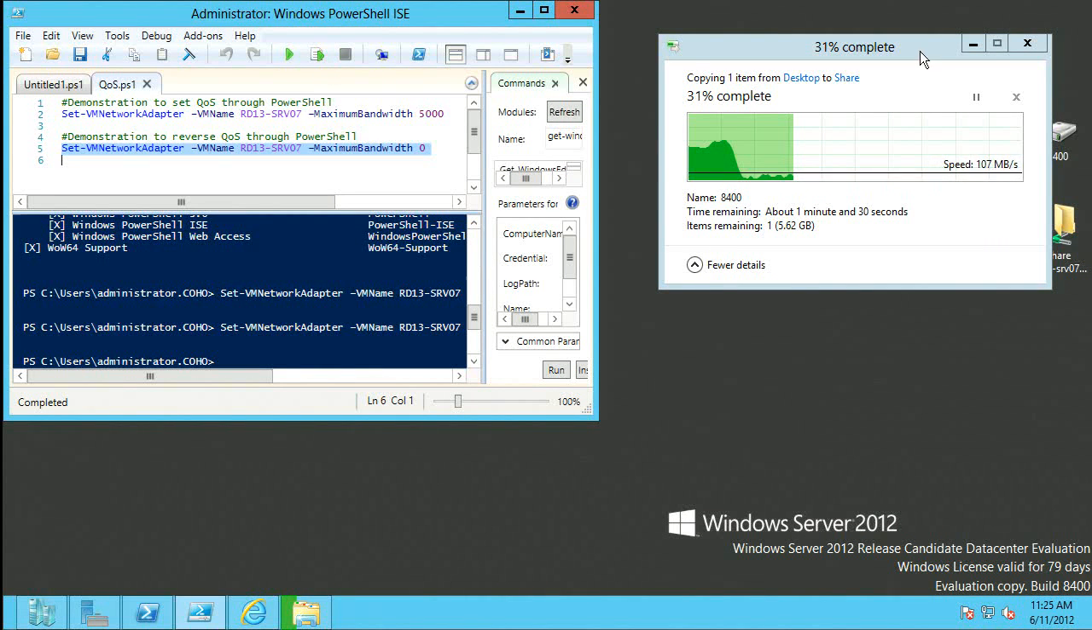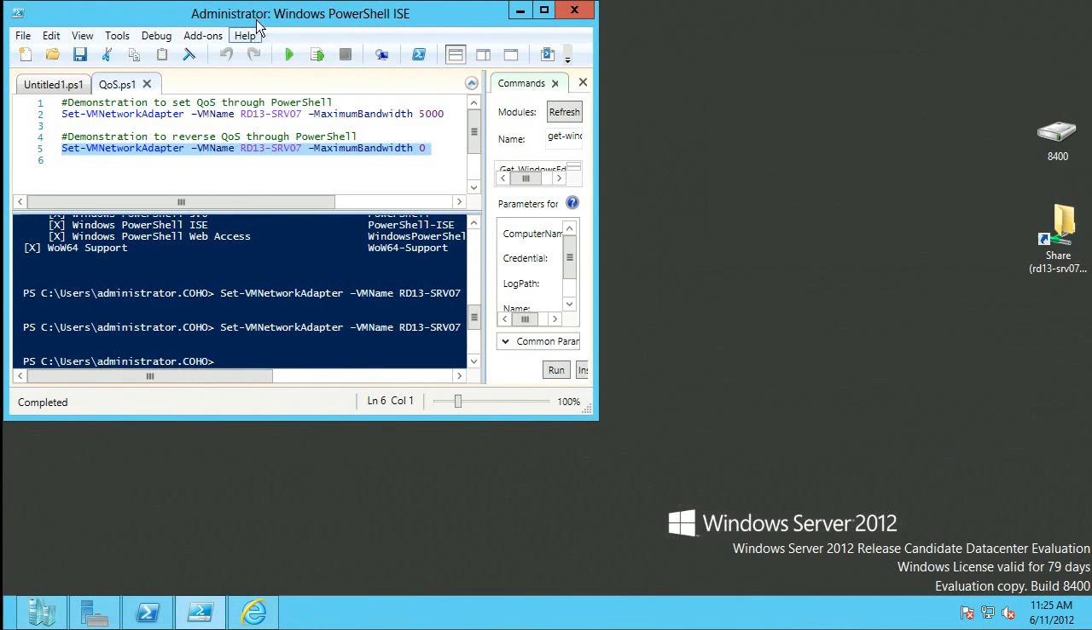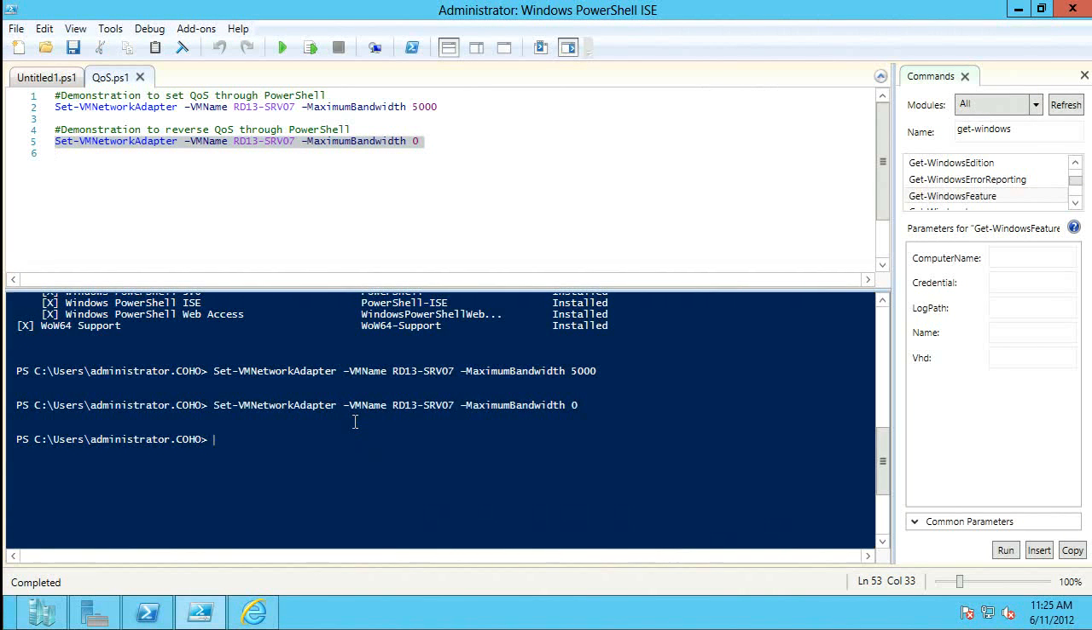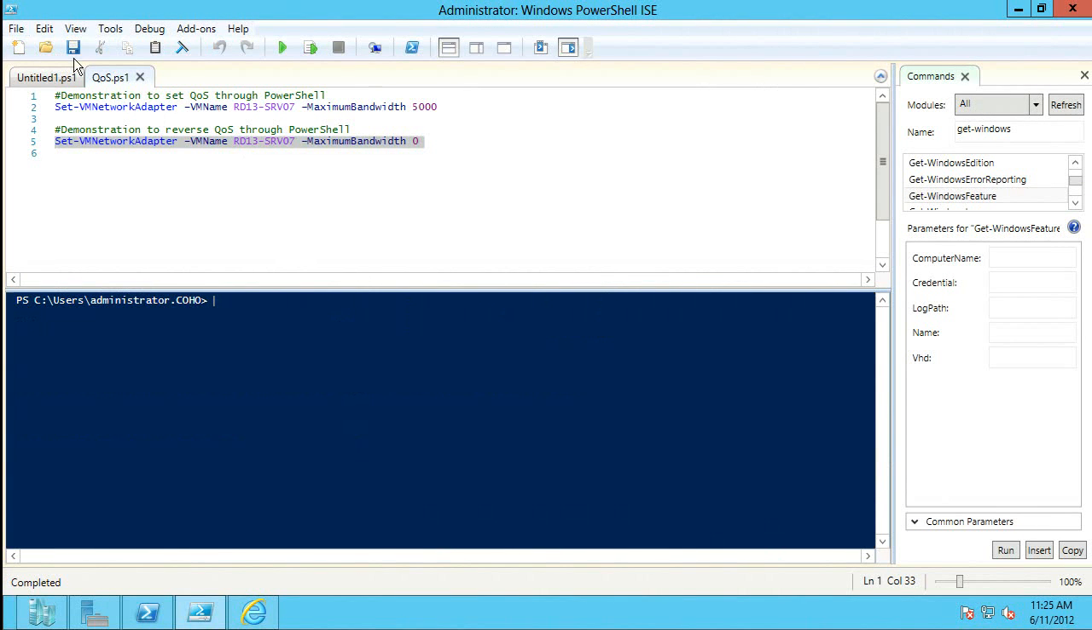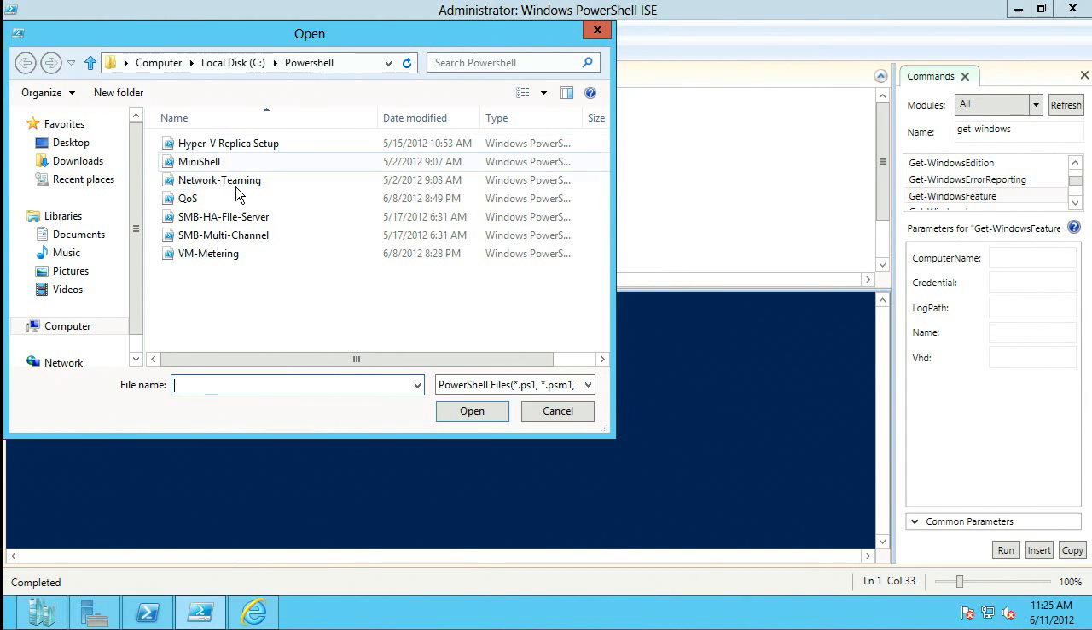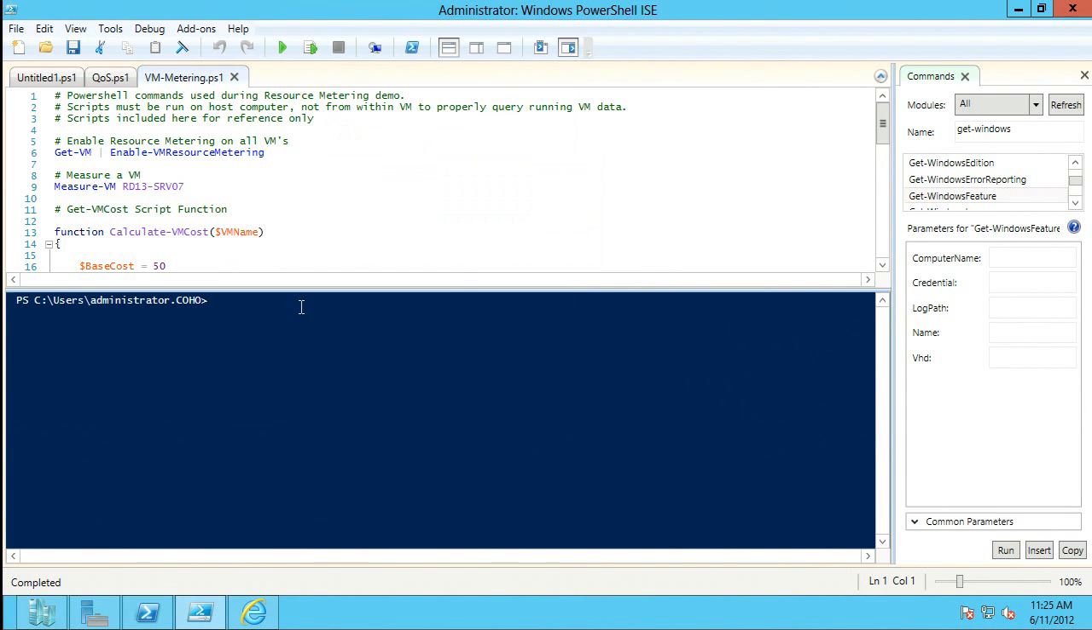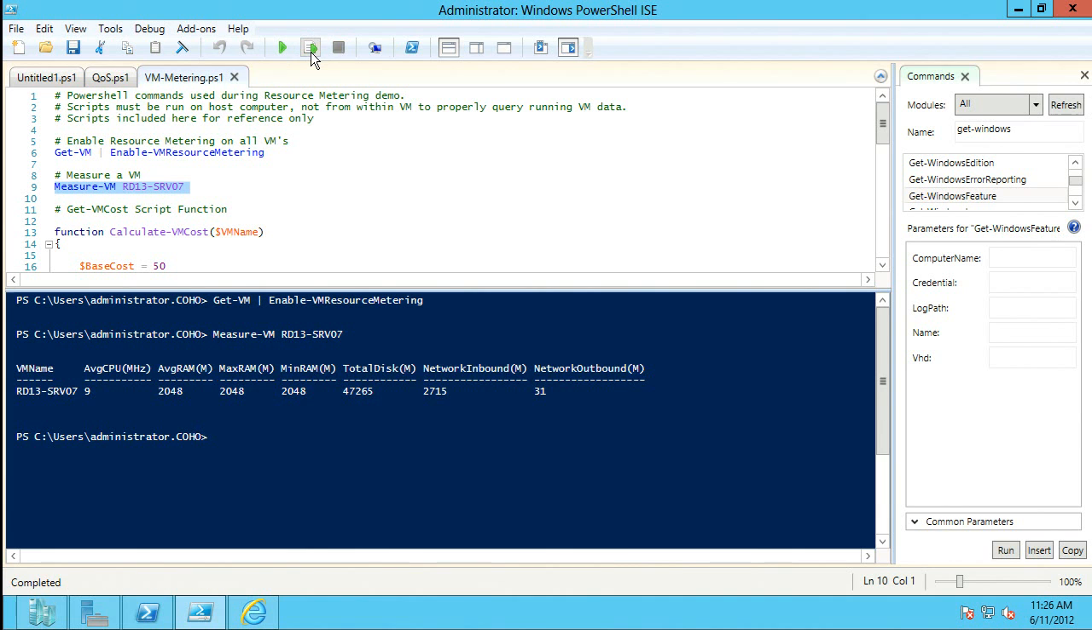The other thing I want to show is resource metering. So let's just shut you off, little guy. Let's clear this. And we're just going to open another script. And the resource metering is actually done through PowerShell. So here I've got a quick script about resource metering. So I'm actually just going to enable all my virtual machines for resource metering. So I've done that. You can see here with the ISE, I can actually run parts of the script, which is really great. So what I'm going to do is I'm just going to measure, from a resource metering aspect,